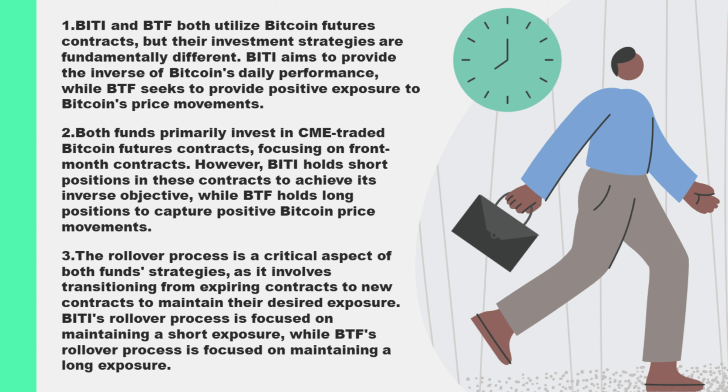BTF, or the Valkyrie Bitcoin Strategy ETF, also holds Bitcoin futures contracts, but its strategy is fundamentally different because it seeks to provide positive exposure to Bitcoin's price movements. Like BITI, BTF primarily invests in CME-traded Bitcoin futures, focusing on those that are cash-settled. However, BTF's strategy is to hold long positions in these contracts, meaning the fund will profit as the price of